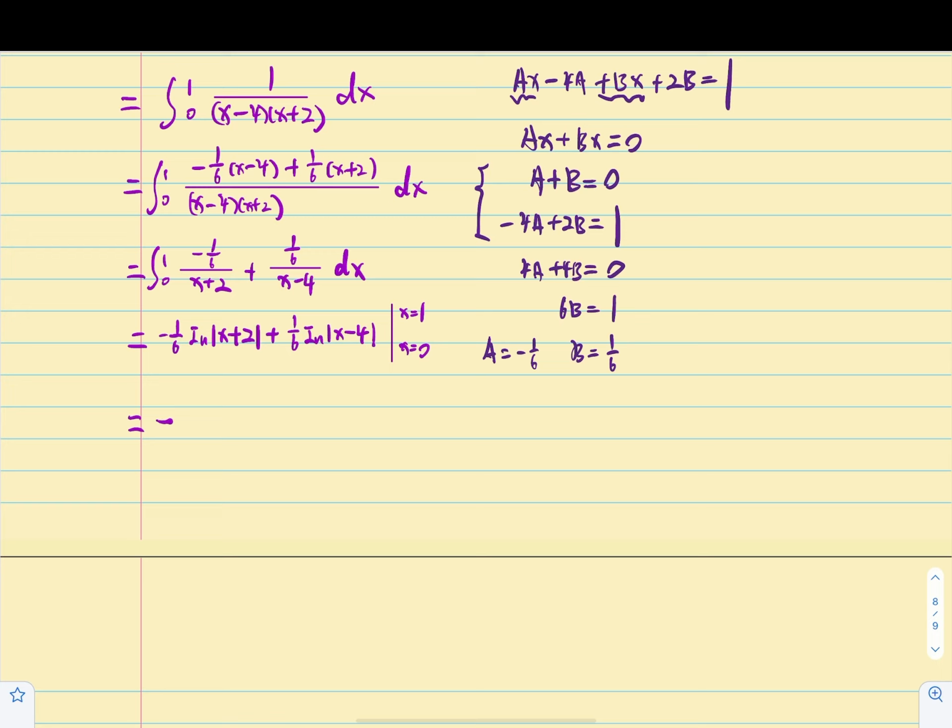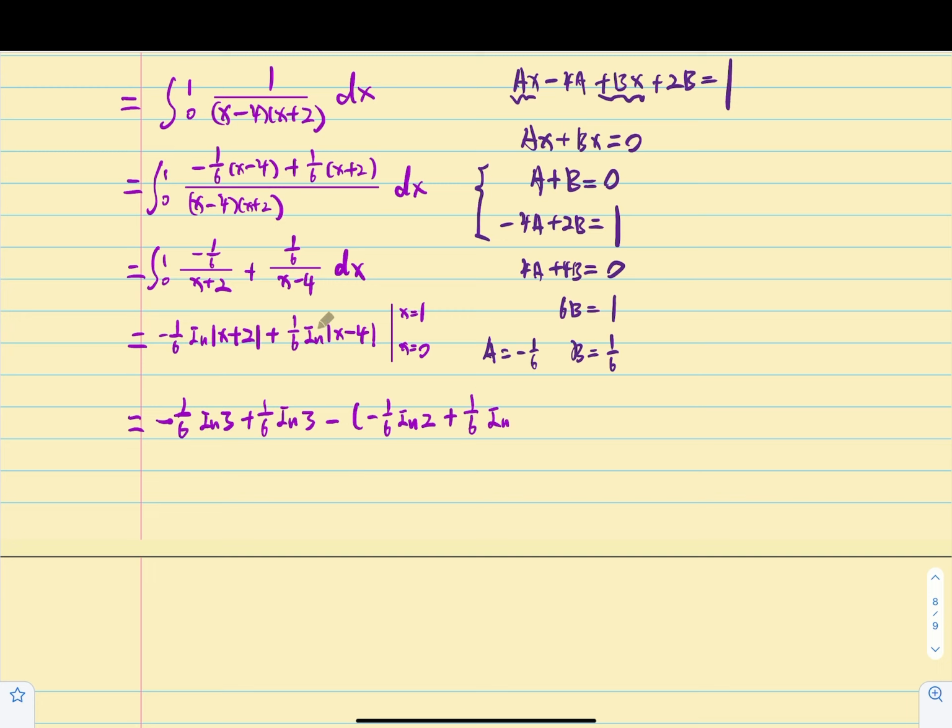Substituting 1, we have negative 1 over 6 ln of 3, and plus 1 over 6 ln of 3, because 1 minus 4 is negative 3, and the absolute value of negative 3 is positive 3. Then we put a 0 in, so we have negative 1 over 6 ln 2, and plus 1 over 6 ln of